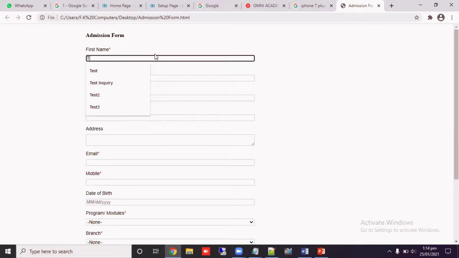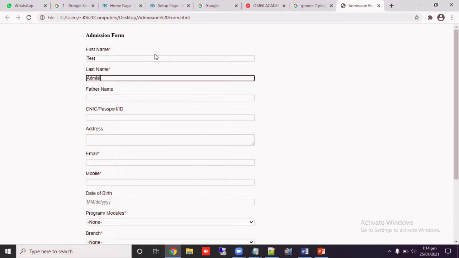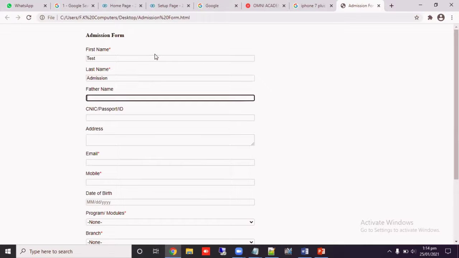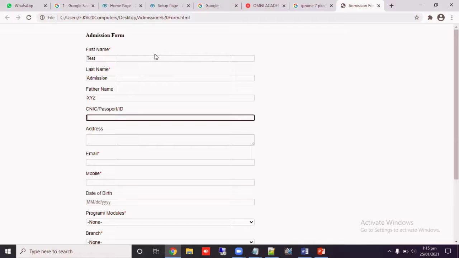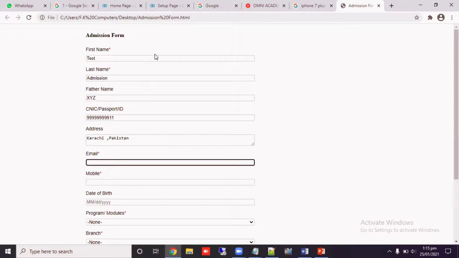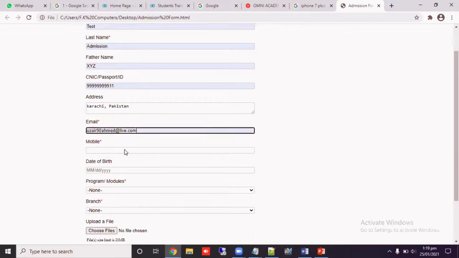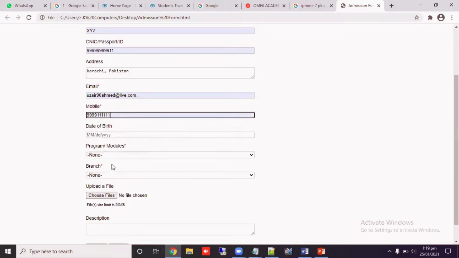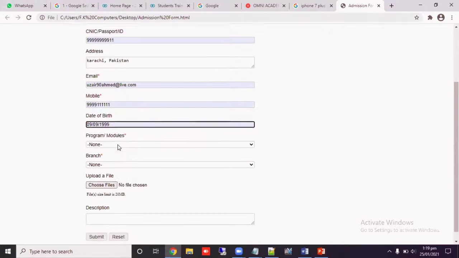First write the first name, test, and last name, admission, father name, XYZ, CNIC, and address, and email address, your email, and mobile number, birthday year,